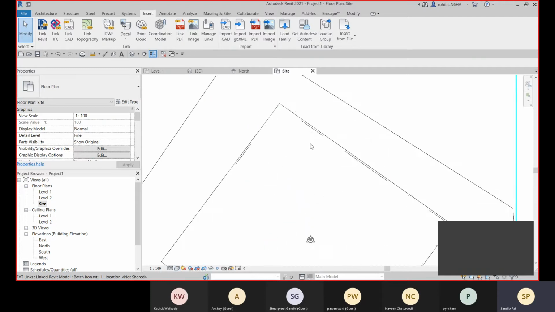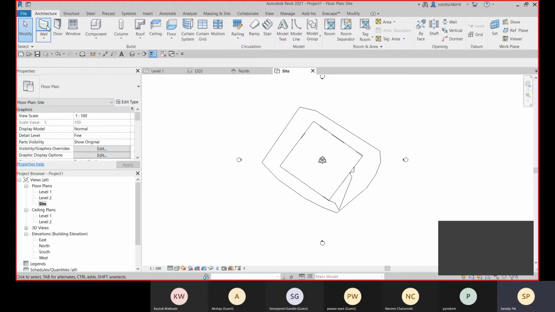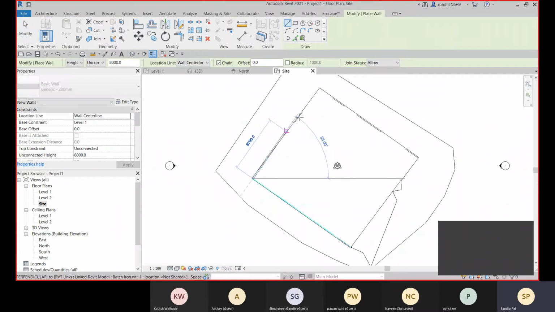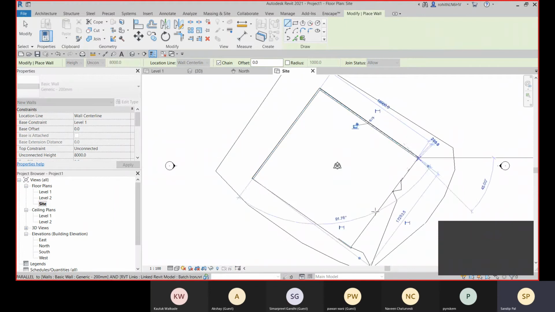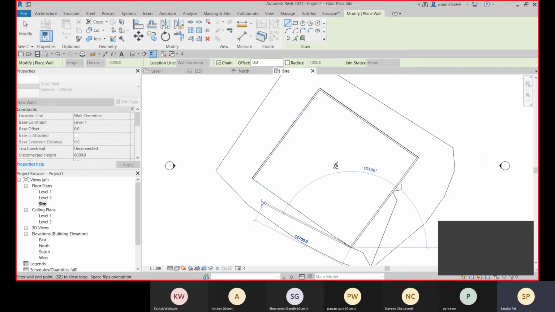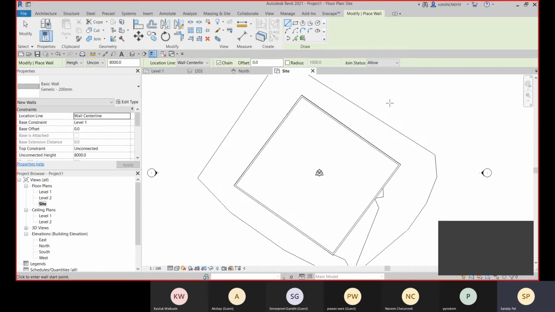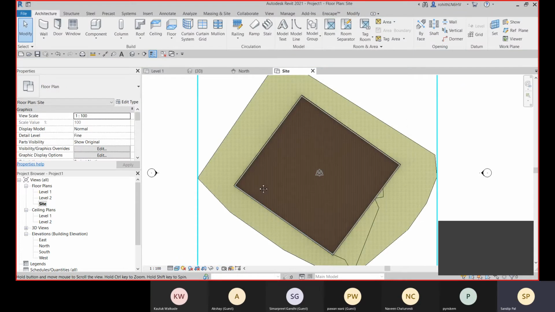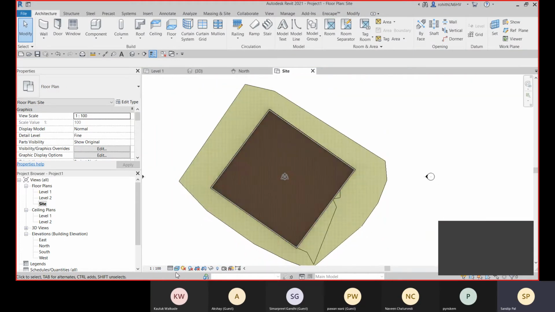Okay, so here not getting any changes. Let me show you by creating some elements here. Okay, let's apply for these walls.